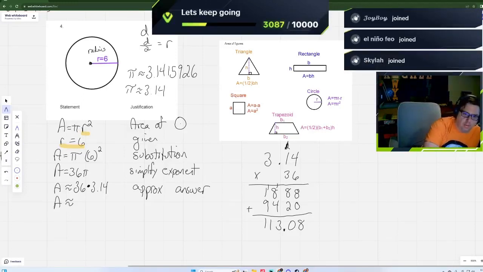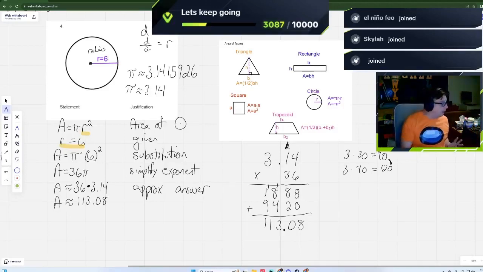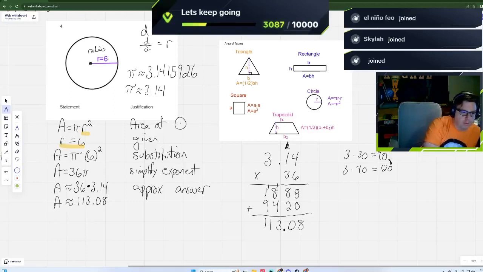And if you think about 3 times 30, that's 90. 3 times 40 is 120. So our answer better fall in between that category, which 113 does. So I think that as long as I can do some multiplication, I should be in the right area. And this would be my approximated answer. Okay? Now, I get a